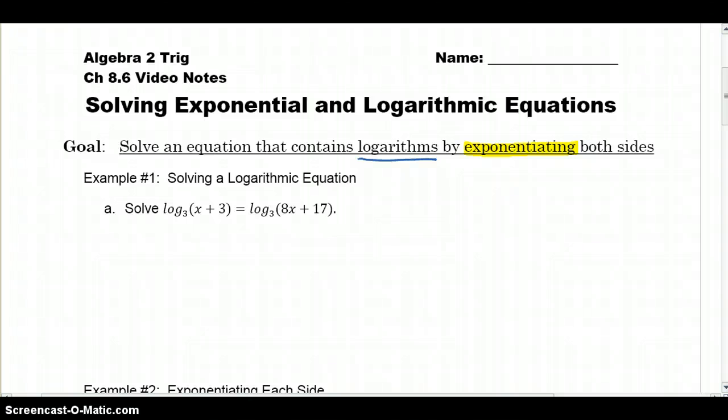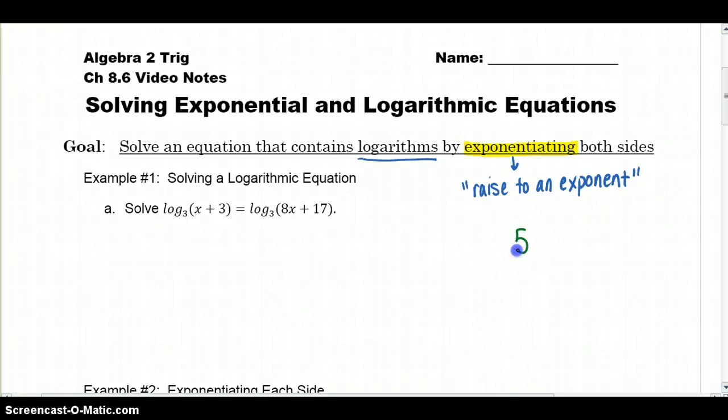Now I know it kind of looks like we made up that word, but that is a word. When we say by exponentiating both sides, that just means we're going to raise both sides to an exponent. And you'll see what we mean once we start these problems. That's what exponentiate means. Okay, in the last video we talked about how,